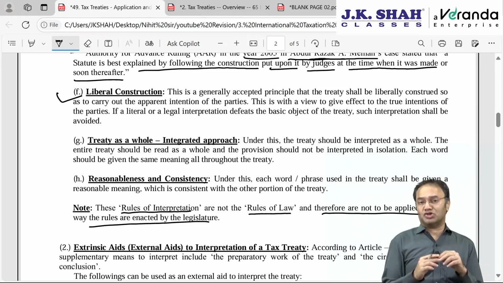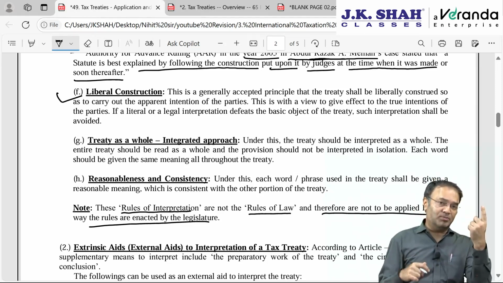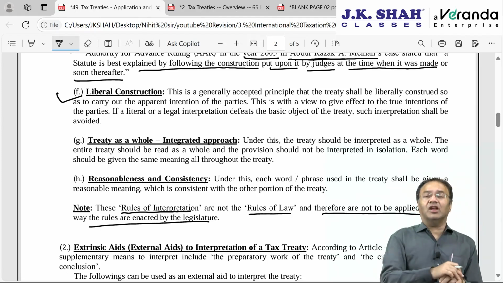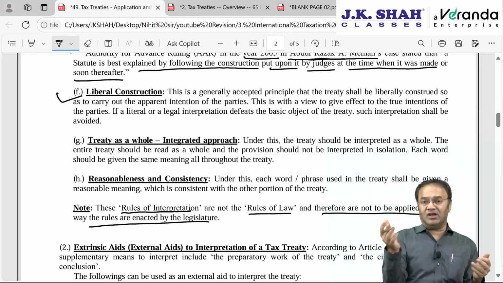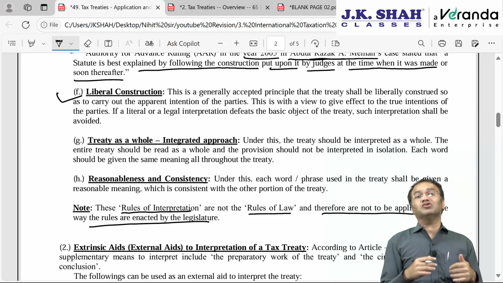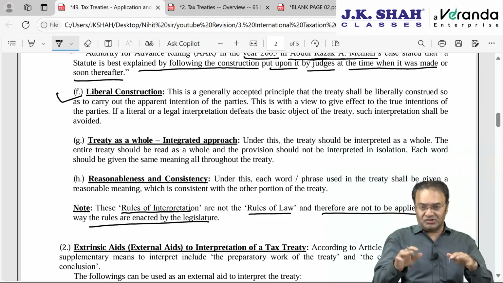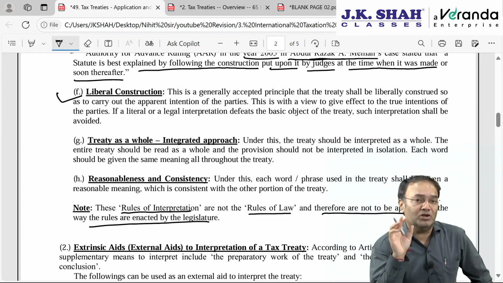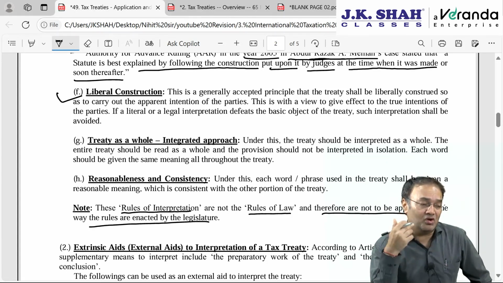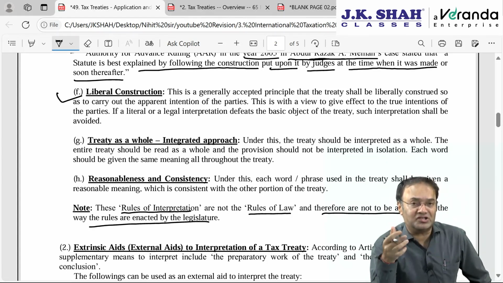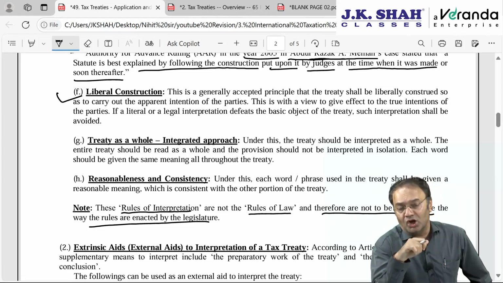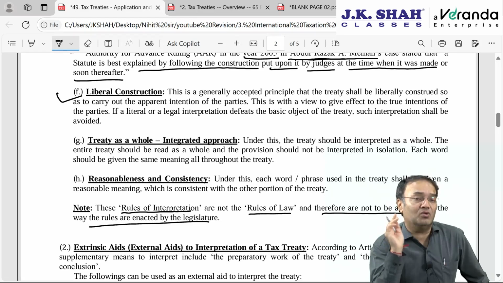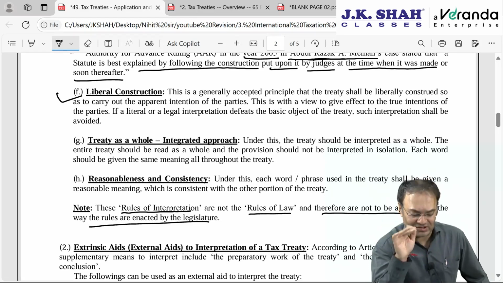Two types of constructions or interpretations are possible: liberal, and the opposite of that, the literal sense. For example, if I am angry and I tell my friend "get lost", that does not mean I want him to completely get lost. It's a way of saying. Such wordings should not be interpreted in their literal sense, but should be understood liberally. If I tell somebody "go to hell", that does not mean I really intend to send him to hell, if hell exists.